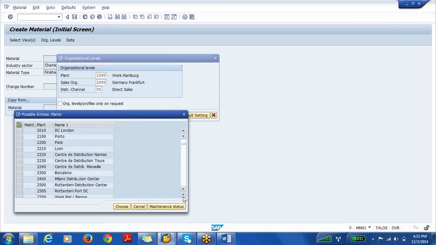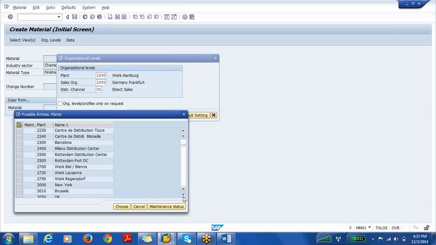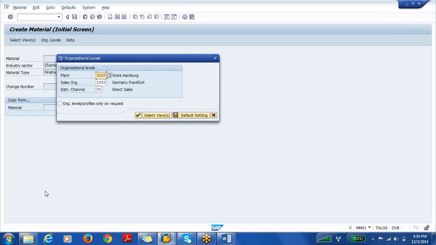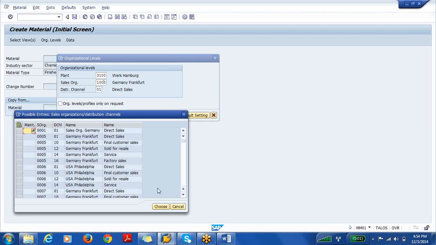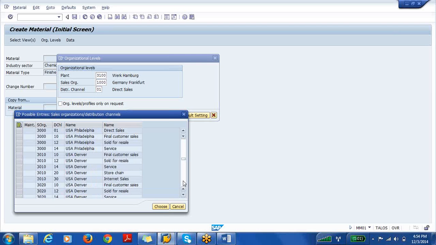If I scroll down, I can see all the US plants here. So I'm going to take a plant called 3100, which is Chicago, and I'm also going to take a sales organization